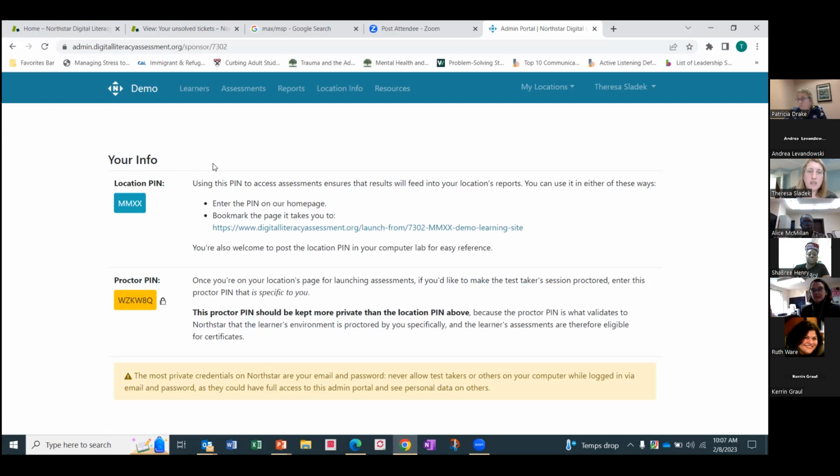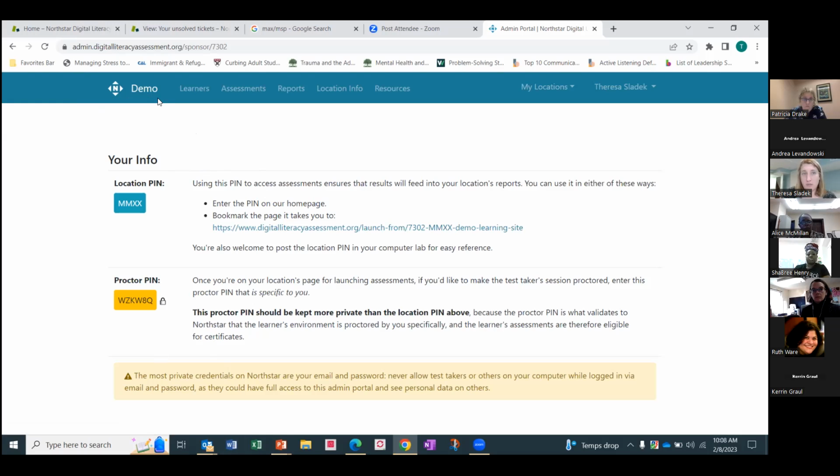And you can see that it will give you some information particular to your organization and to you on this landing page. And we'll talk more about this as we go along. What I want to direct your attention to, and what we'll be looking at mostly, are these different tabs in